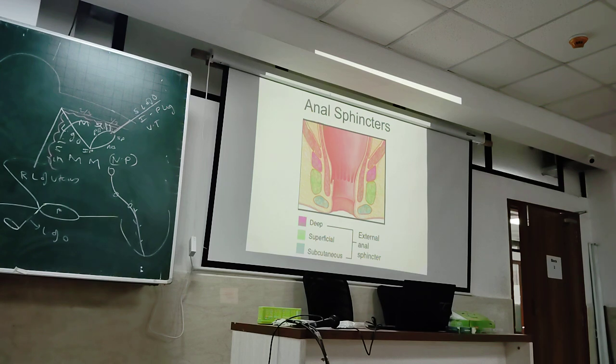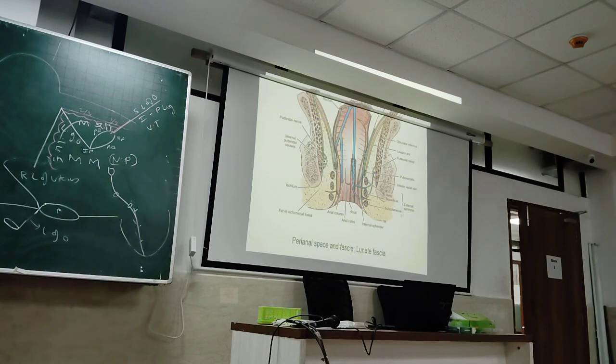One strand of the longitudinal muscle is seen here. You can see the three circular structures which are the three external sphincters, the deep and superficial and subcutaneous further below. Here we are seeing the longitudinal muscle coat. It has not been shown piercing the subcutaneous sphincter, which it does, but one strand, if you see, is traversing laterally.